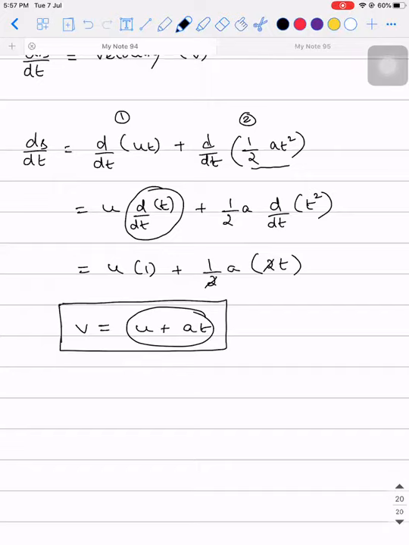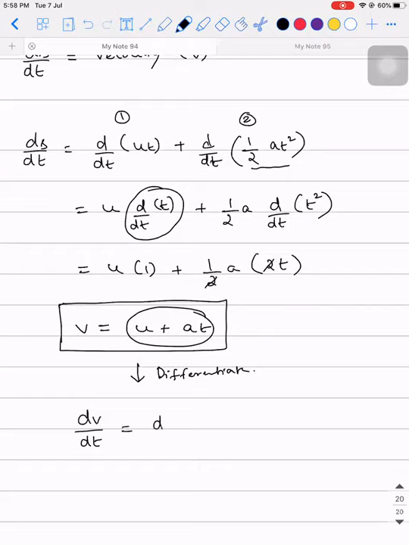Are you able to understand this? Now, to understand things even better, I have got the expression for velocity. If I differentiate this, what will I get again? On the left hand side, I will have dv by dt. What is dv by dt? Not displacement, ds by dt is velocity. dv by dt is acceleration.